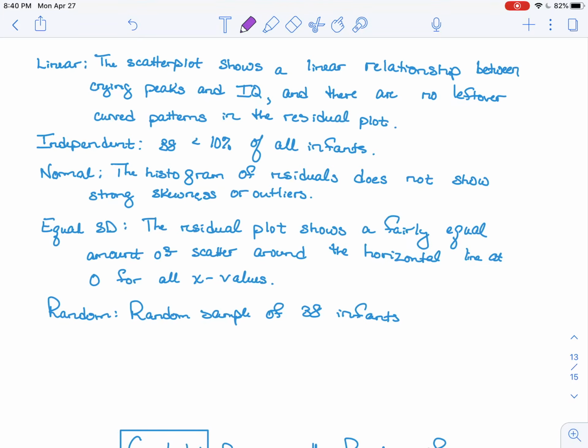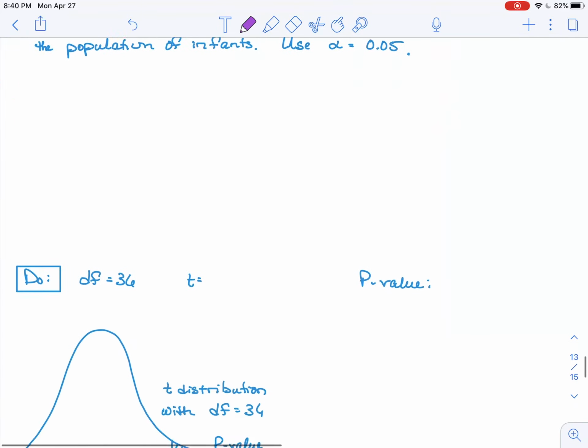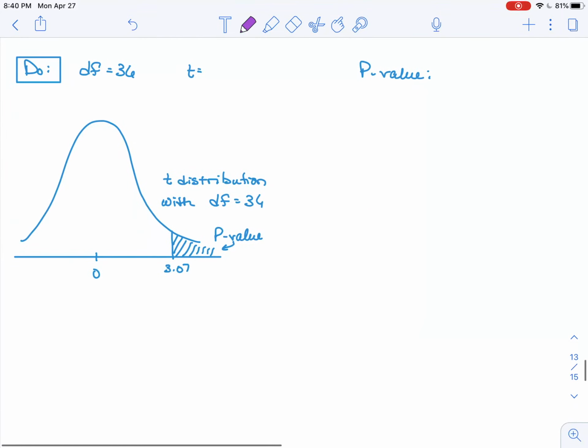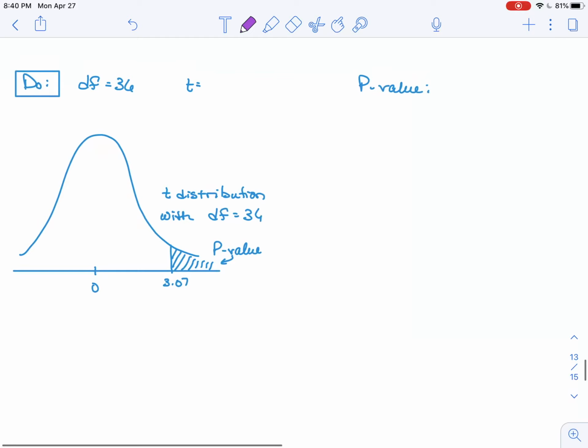It said it was a random sample of infants. Again, I already had that all written up because you didn't need to watch me write all that out, when that was in the last video. I've just checked all my conditions, so I can go ahead and do this. I have 36 degrees of freedom because I took my sample size of 38